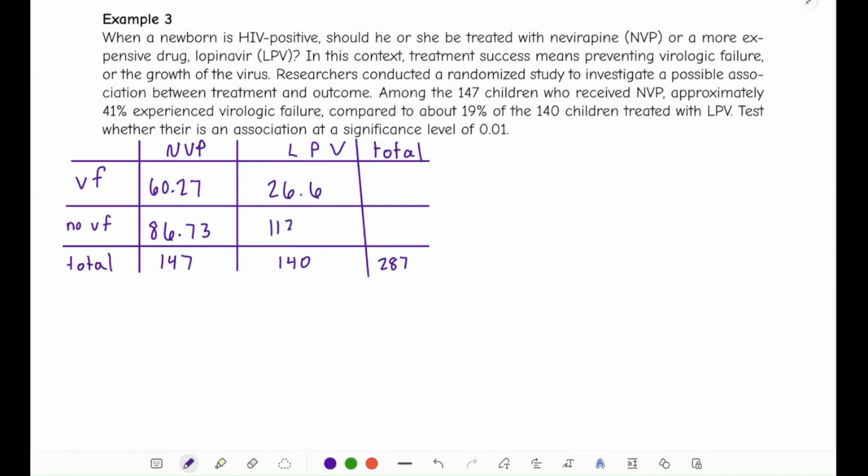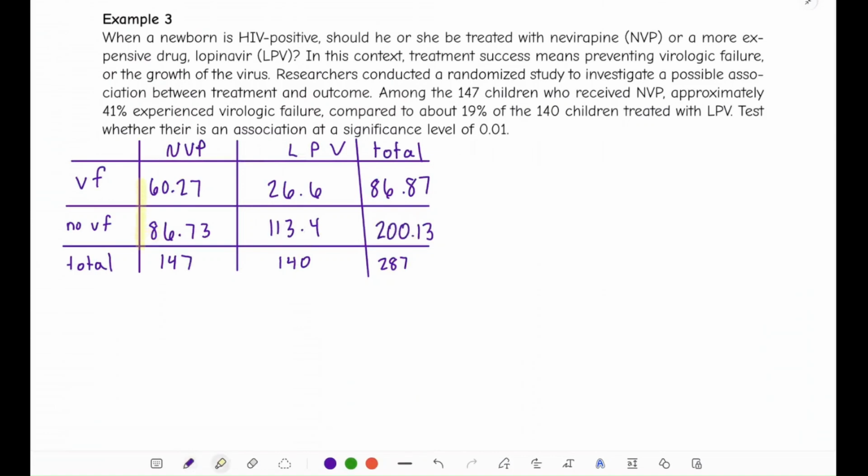So 113.4. And those totals, 86.87 and 59.87. Oh, wait, that doesn't make sense. 213, that's better. So now I have my table, but I do want to point out when we type this